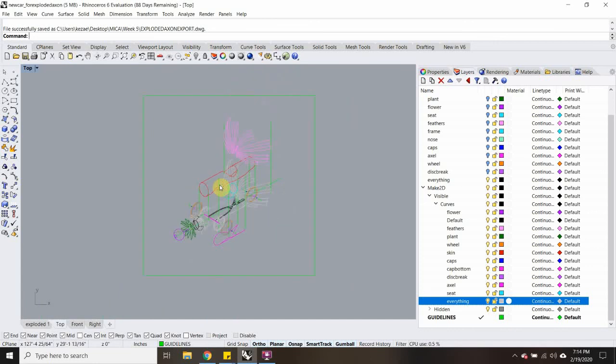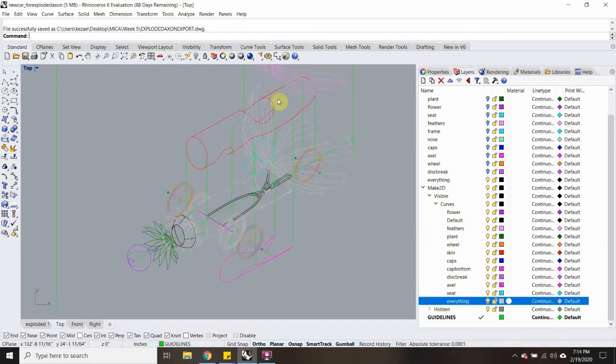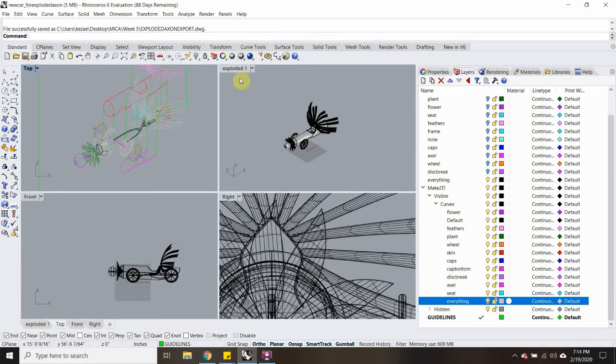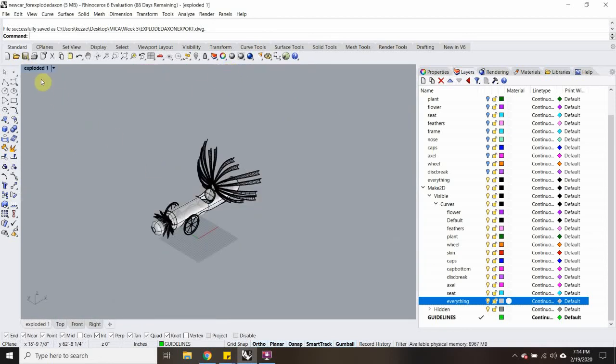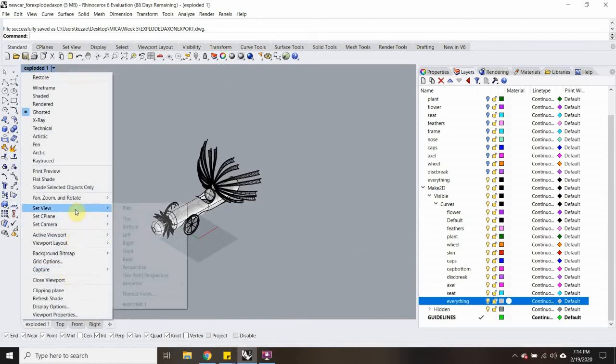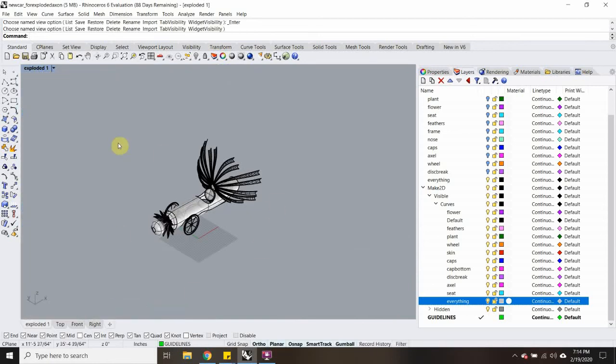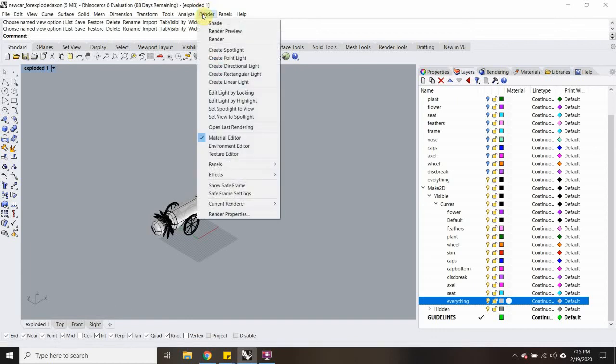Now that that's all set up, I would like to have a shaded version of both of these things to add into my drawing potentially, or at least have them as something I could use. So I'm going to go back to exploded 1, make sure I set the view, set view, exploded 1 so that I know it's all set right. Then I'm going to go to render, and we're just using this for shading. I'm not actually going to change the materials. I'm not going to put any lights in. I'm not doing any of that today. I'm just going to render it as is. So I'm just going to hit render